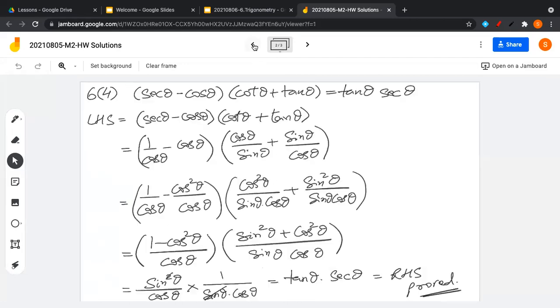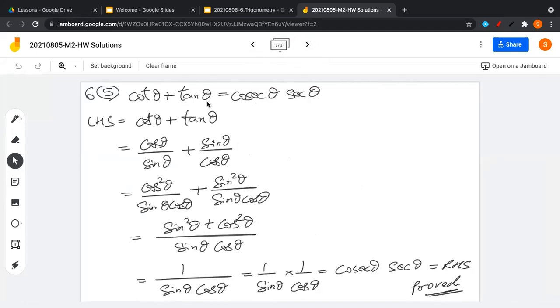you will see. So this logic, look, cot plus tan, the same cot plus tan is there here, and that is why I used it. Okay? So when I try to make the fractions like, I will multiply cos theta by sine theta with the other denominator, and I will multiply sine theta by cos theta with the other denominator, that is sine theta. So they become like with the common denominator sine theta into cos theta, and when we add them, it's sine square theta plus cos square theta divided by sine theta cos theta.